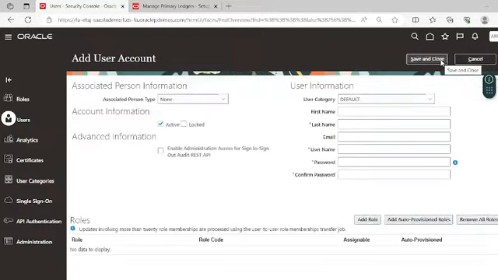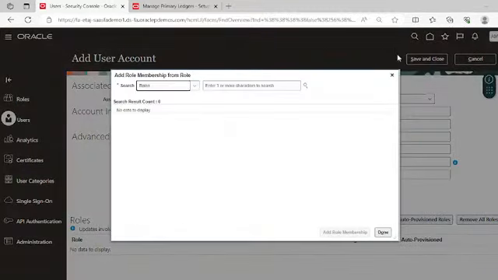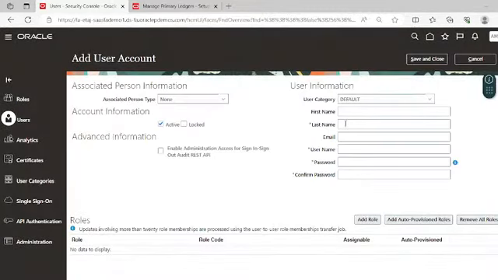Click on add user account and then click on add role. Give the name here.